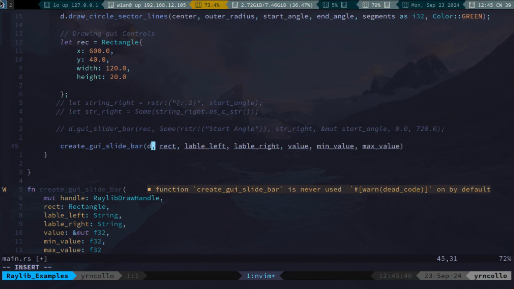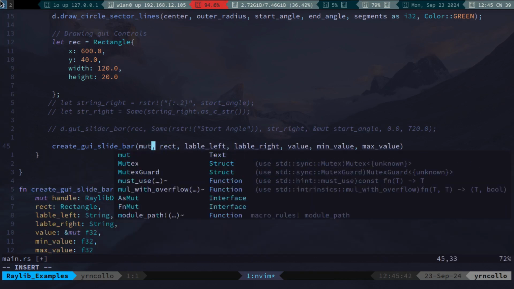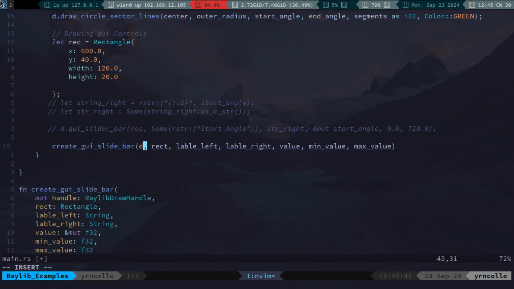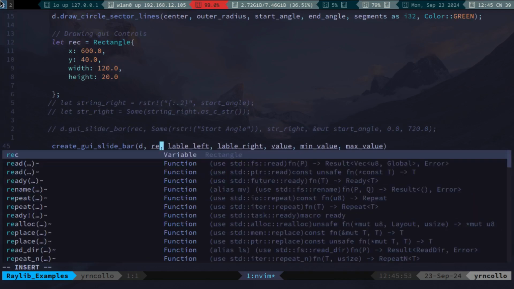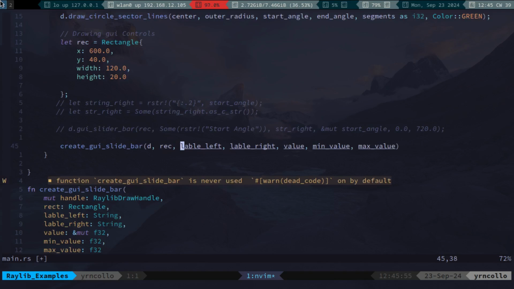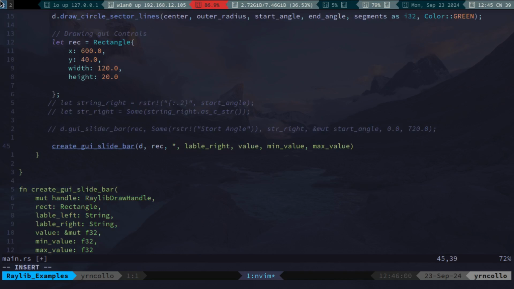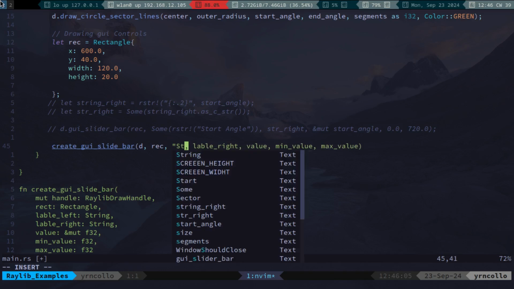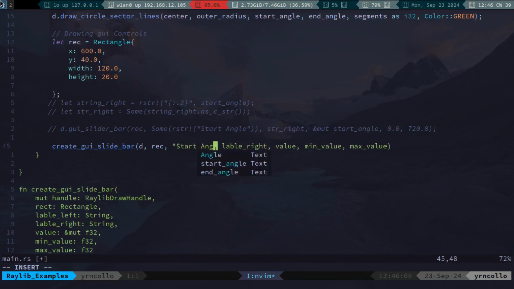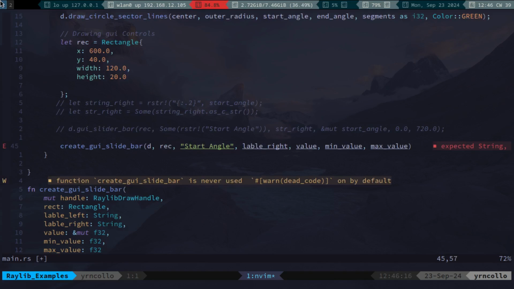Our handle is d, it's mut d. Our rectangle is rec. Our left label, it was start angle. Right label,